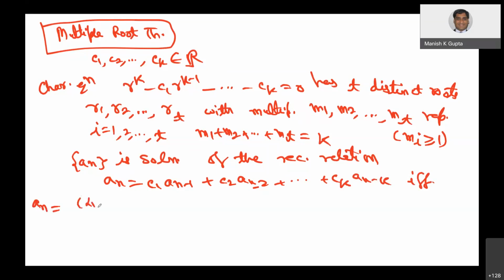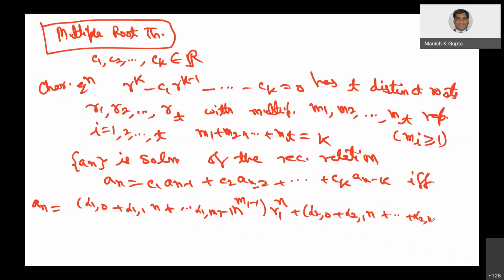I am writing (alpha_{1,0} + alpha_{1,1} n + ... + alpha_{1,m1-1} n^{m1-1}) times r1^n, I think you can guess why it is like this, plus (alpha_{2,0} + alpha_{2,1} n + ... + alpha_{2,m2-1} n^{m2-1}) times r2^n, plus ... plus finally (alpha_{t,0} + alpha_{t,1} n + ... + alpha_{t,mt-1} n^{mt-1}) times rt^n,